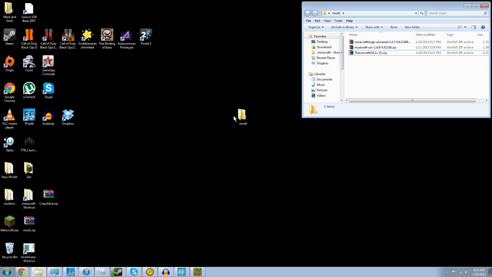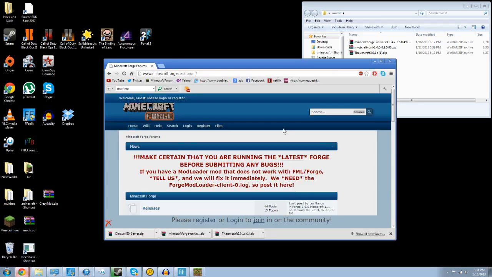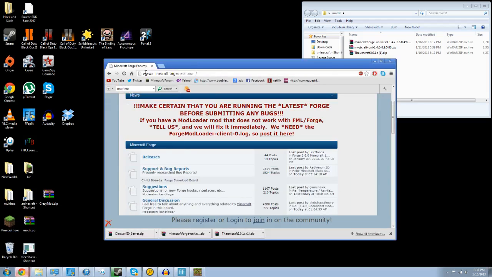So this is completely manual, and it's a little bit more hands-on, and it allows you to use the default Minecraft.exe launcher that you would normally get from Minecraft.net. Now, the first thing you want to do is download the mods, and you want to download Minecraft Forge. Since we don't have a button to install it this time, you need to go to